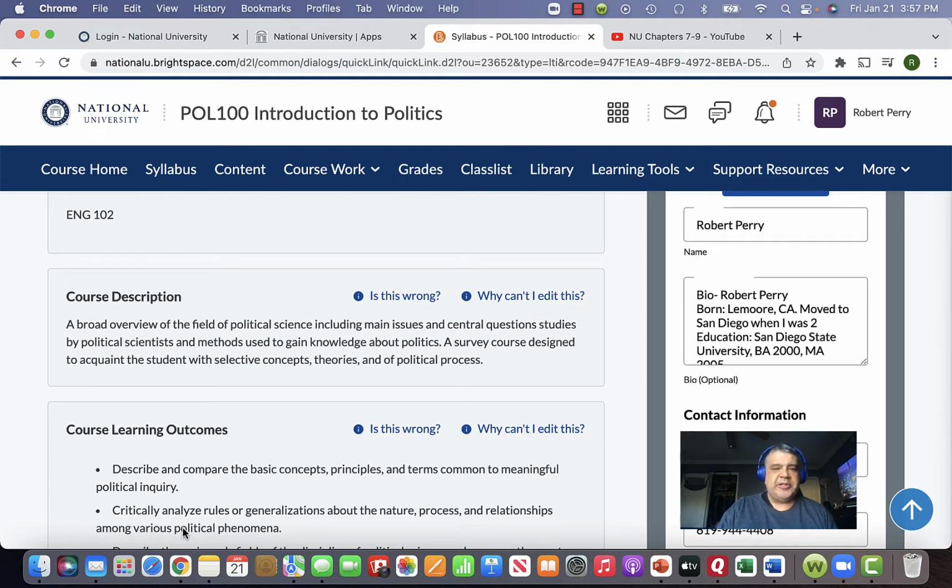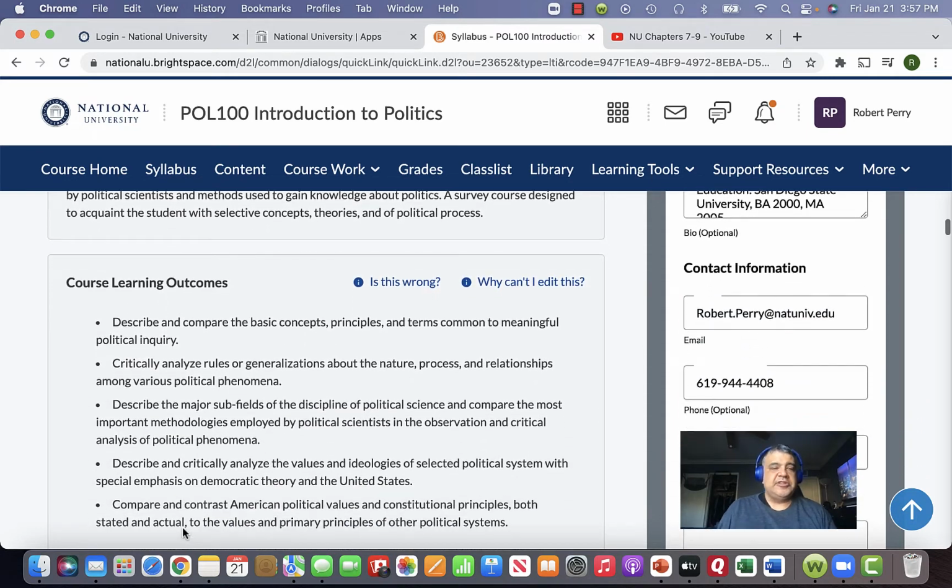So we're going to talk about the basic concepts. If we look at our course learning outcomes here, we're going to talk about the basic concepts and principles of asking about politics, researching politics. We're going to analyze rules or generalizations about the nature or processes and relationships between political phenomena and how they tie in together. We're going to describe the major subfields of political science, whether it be political theory, political philosophy, which works hand in hand,